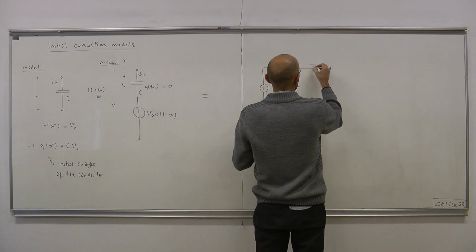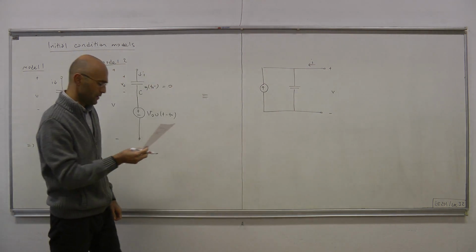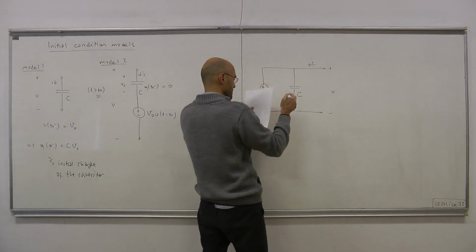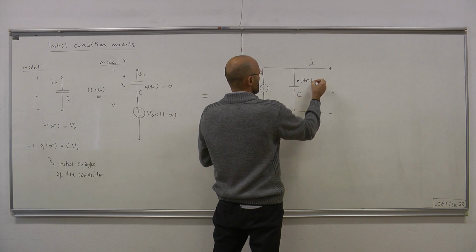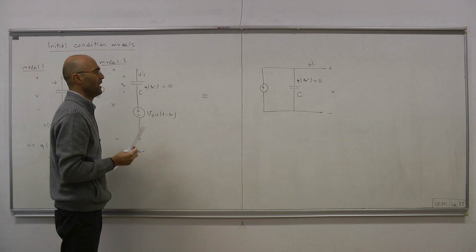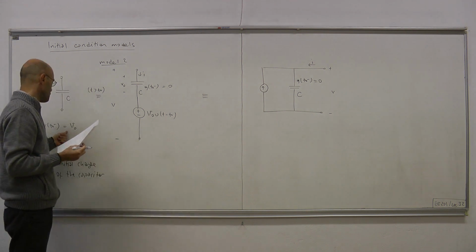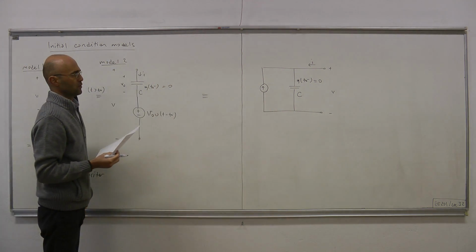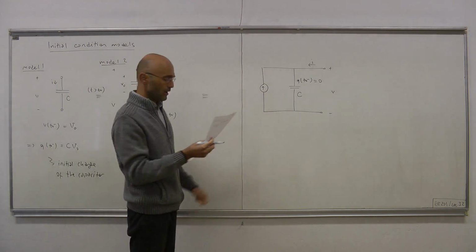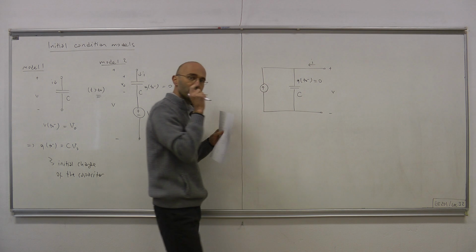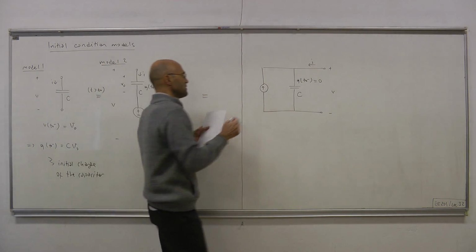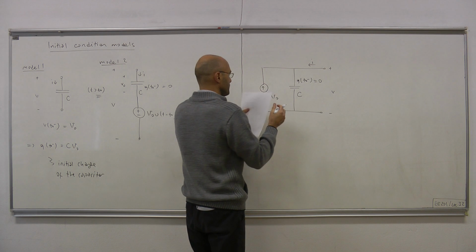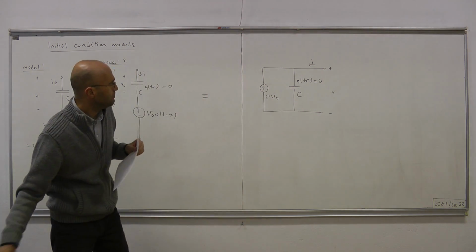Plus minus V. This is I, the current. Here we have our empty capacitor with the same capacitance, C, empty, therefore Q(t0 minus) equals 0. So initially it's uncharged. And then to represent the initial voltage or initial charge of the capacitor in model 1, we use a current source, and that current source is an impulsive current source, and the magnitude after integration is C V0. Okay, so it's impulsive, therefore it's C V0 times